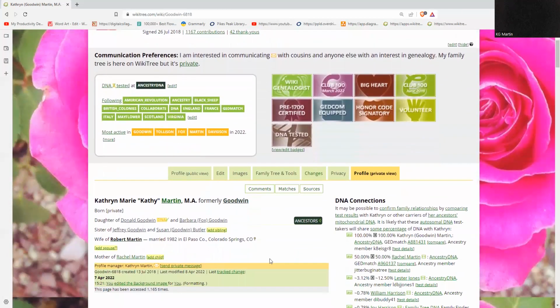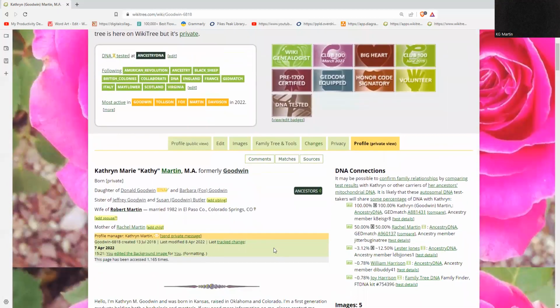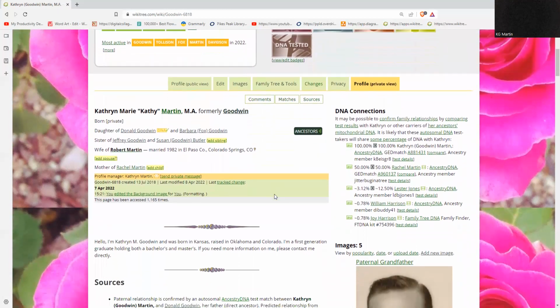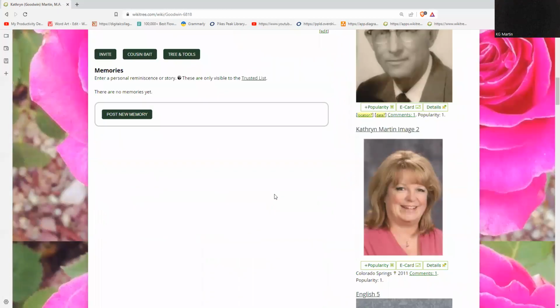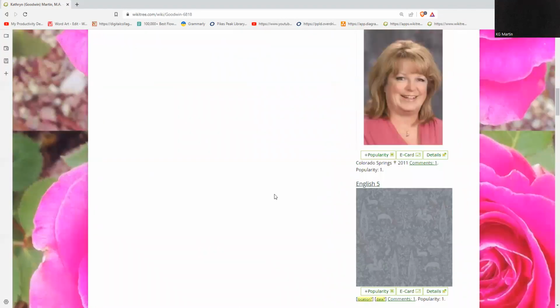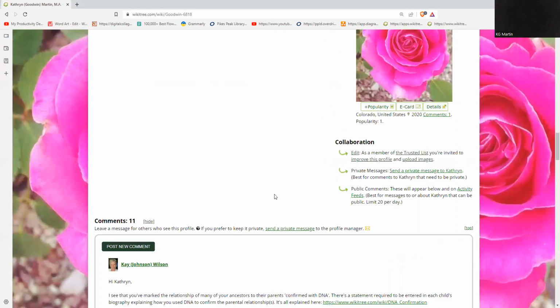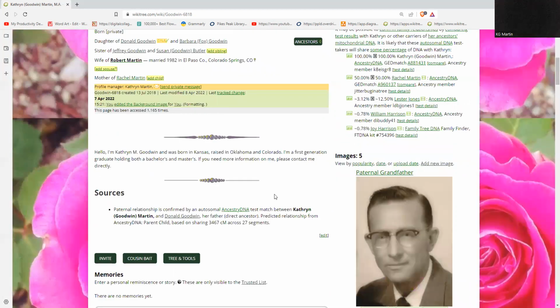So you don't have to have my access to the tree. You can have your own access to the same tree. I do have our DNA in here. My DNA is here. This is Rachel. Dad's DNA is in here, but when he passed away and I put him in here as passed away, his DNA kind of fell off the bandwagon some way. Here are some pictures. I'm just kind of monkeying around, but anyway,